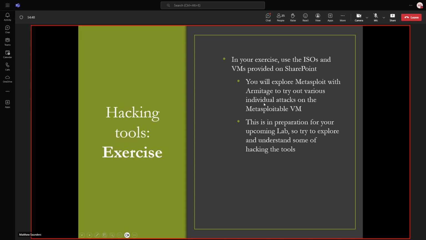Okay, so all of those tools under the hacking folder, all of those VMs, they're all just practice or preparation for the lab. The lab is going to be different VMs, but if you don't get the practice, it's definitely going to slow you down in the lab. This is a chance to mess up, break things, do things wrong, learn your lesson from it, and then when we get to the lab, you'll be a little more prepared.